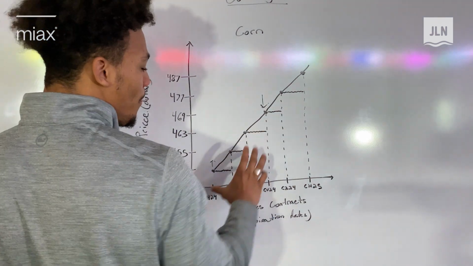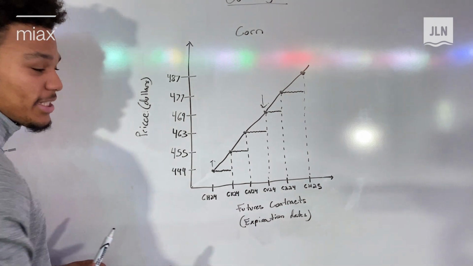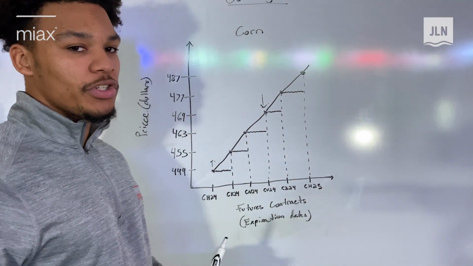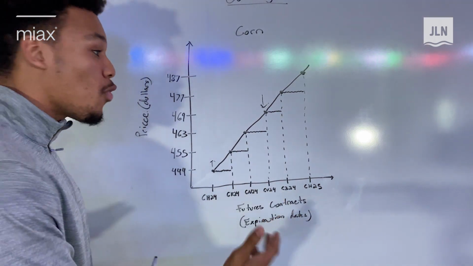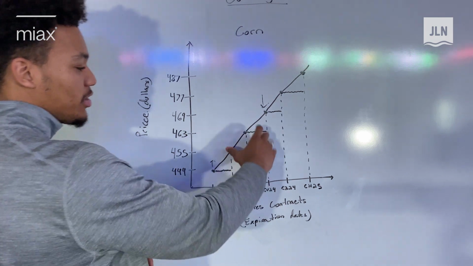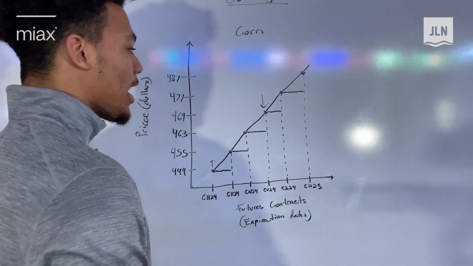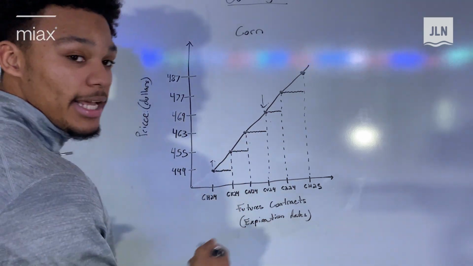I have two opposing trades in the market. In the same market, I'm selling and buying the same underlying asset. And so that limits my exposure to any anomalies. If anything changes that really shakes the foundation of the corn market, I'm still hedged in that I'm both long and short the same underlying asset. And right now, I'm really just playing with the cost of carry effect in the market.